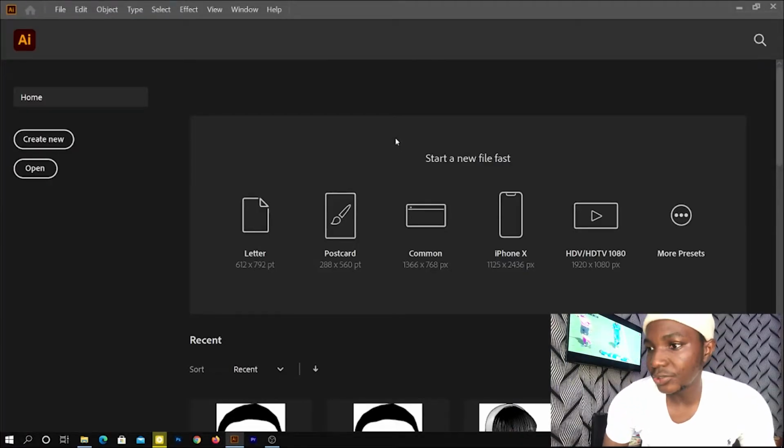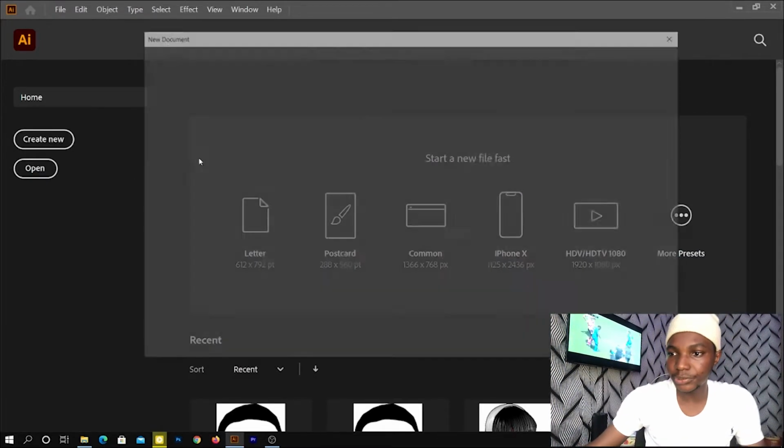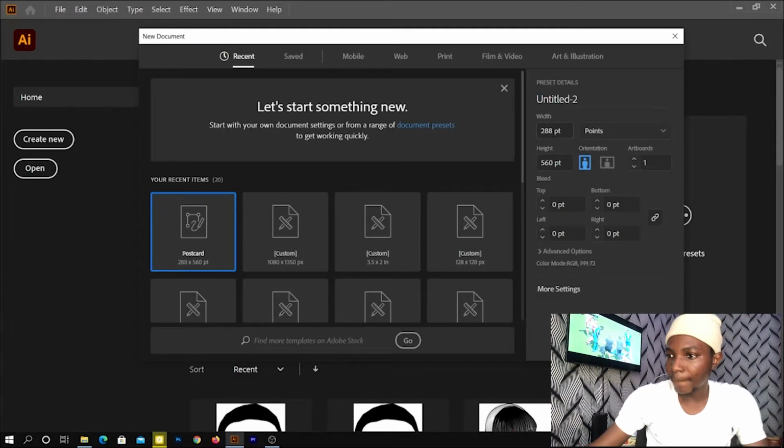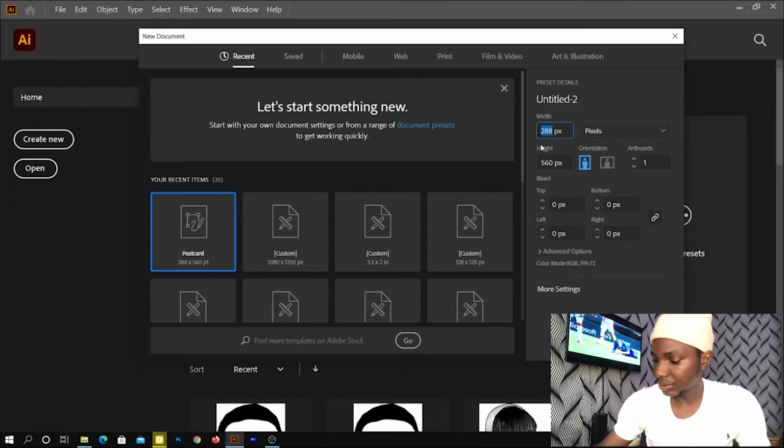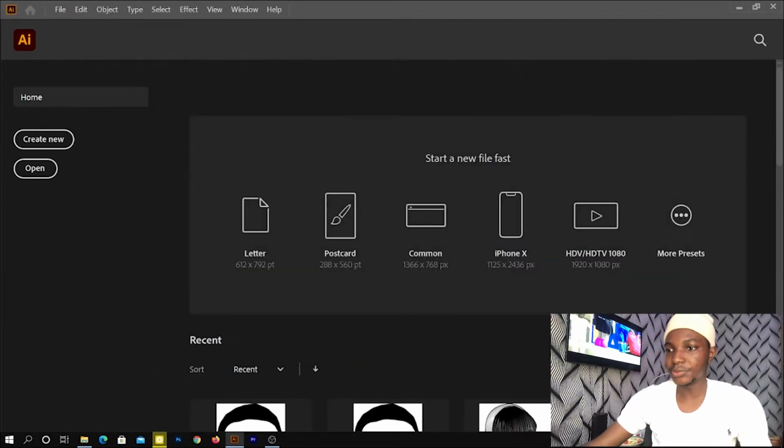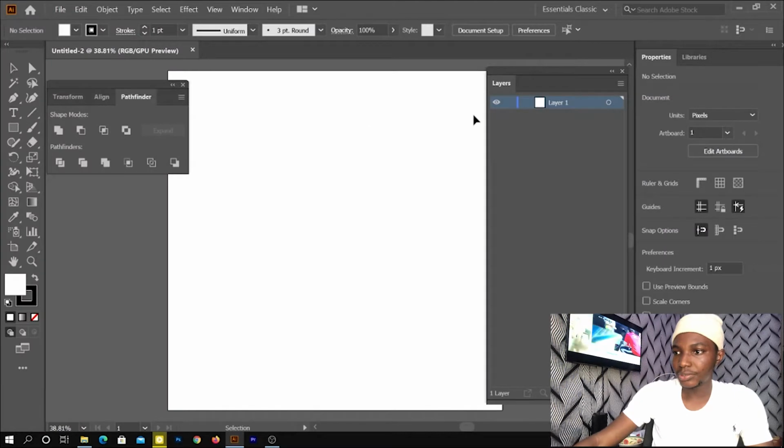just painting. So you have to get the application opened. After opening your application, then create new. You can choose any. This one should be in pixels. You can choose any dimension. I just want to show you how to create a brush. You can choose any dimension, then create. Alright. Once you are here,